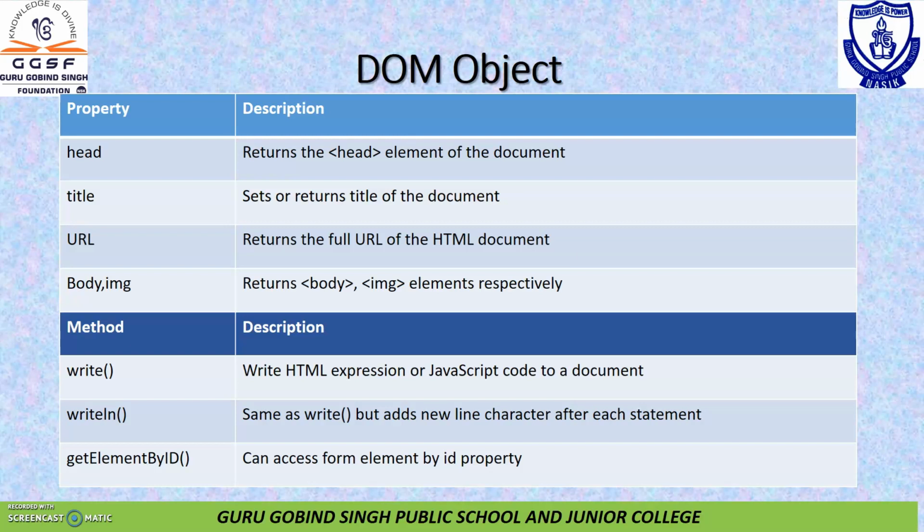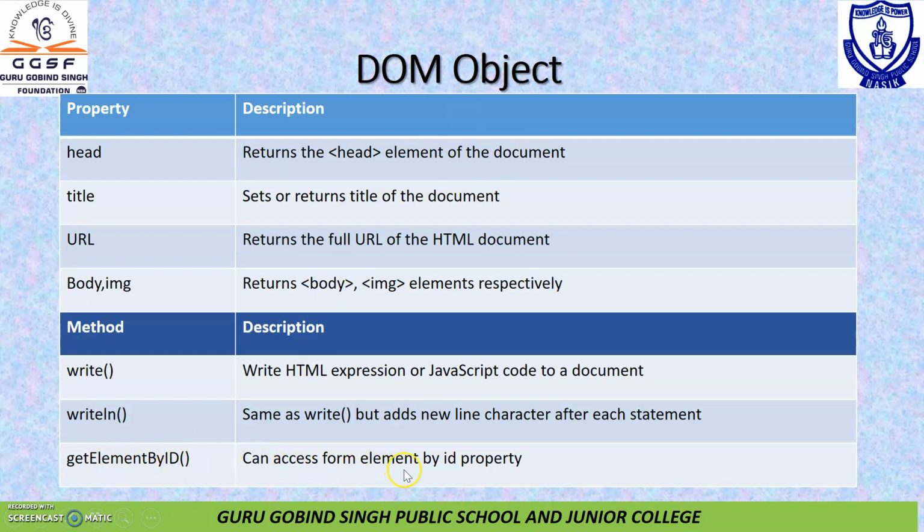And getElementById means there are different elements in the HTML web page, so you can access that element by its id. You know that the id attribute is for any tag, and a tag is nothing but an HTML element. For any tag you can have an id attribute, and with that id attribute's value you can access that element. Id is specific for every element, so you can access it by the method getElementById.